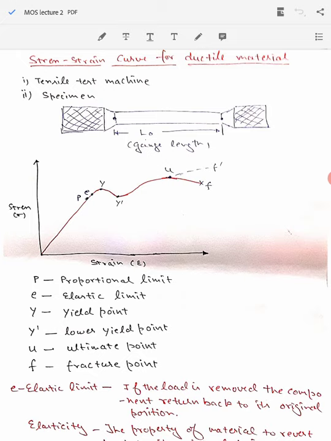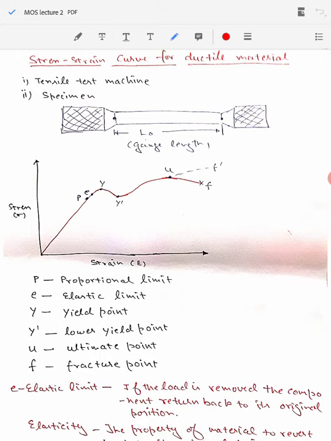So you can see the stress strain diagram here, and this is a plot for a ductile material. And what is a ductile material? A ductile material is one which can be drawn into wire by the application of tension, so it can easily get converted into wire. They give appreciable deformation without actually failing. The salient points of this stress strain diagram are the proportional point, elastic point, yield point, ultimate point, and the fracture point that we have already discussed in our last lecture.